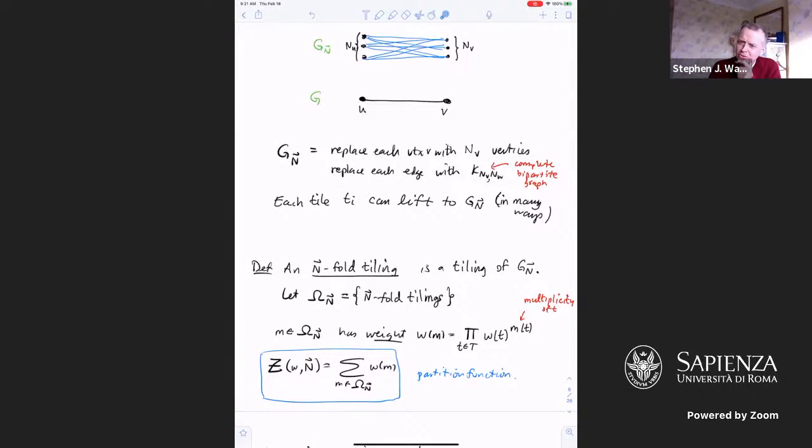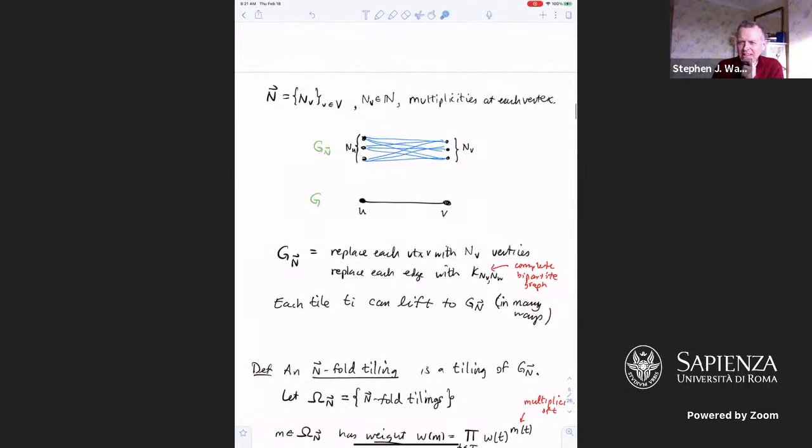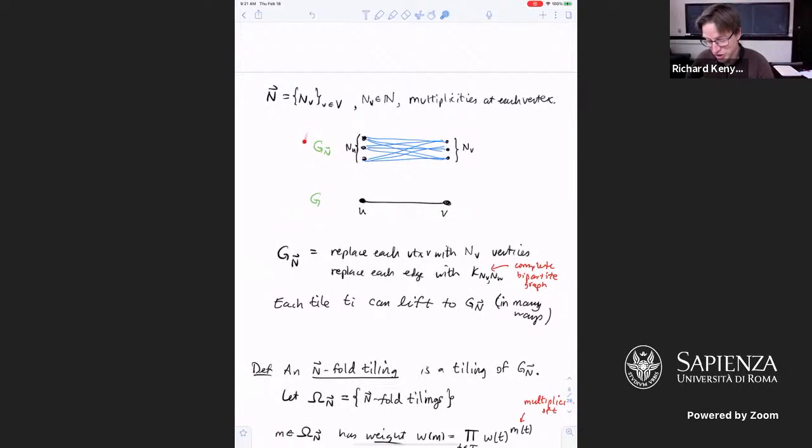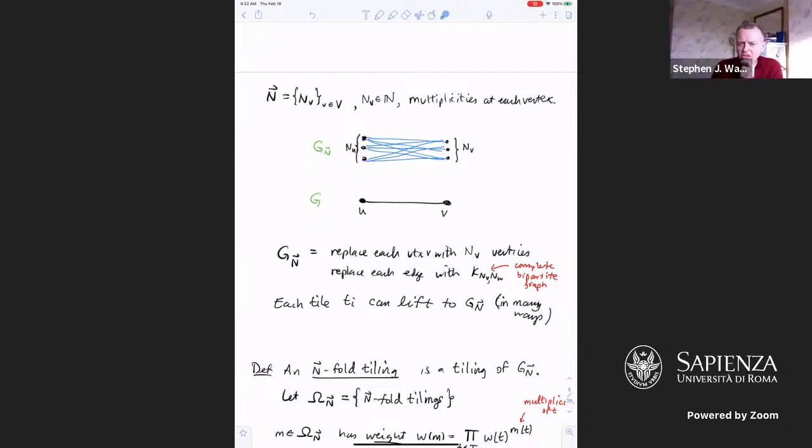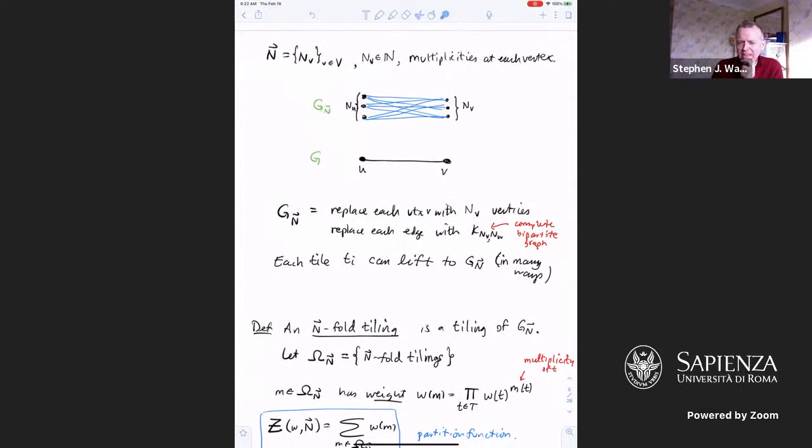So Richard, can I ask a question? You're talking about keeping track of the vertices above, which are tiled. So in that sense, they're kind of labeled. But should we be keeping track of the labels of the original graph, or is it an unlabeled view of both? I'm just trying to parse this distinction between labeling and distinguishing. You should think of everything as being labeled. The G_n is an explicit graph where all the vertices are distinguishable. And now we're thinking of a tiling of that graph G_n. So the notation you use for the complete bipartite graph is up to isomorphism, but in fact, when you write K_{n,n} with vertex sets V and W, you actually mean the labeled bipartite graph,